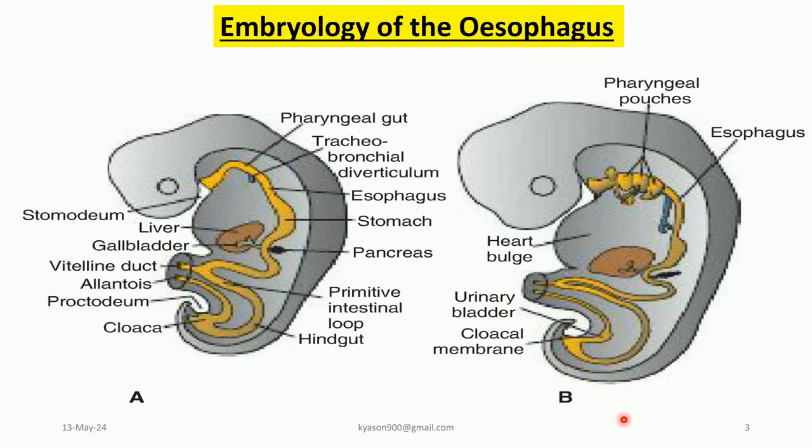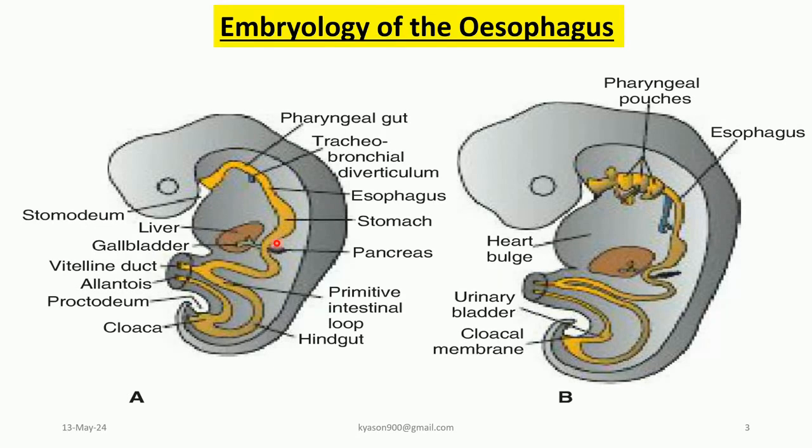So it's important to first appreciate how it forms, because this can guide us as we go on. So this image is showing you a growing embryo at around 4 weeks of development. And around this time, of course, you can appreciate a few things. This is the cranial end, this is the caudal end. What you see in yellow is what we call the primitive gut, or the underdeveloped gut, the developing gut,